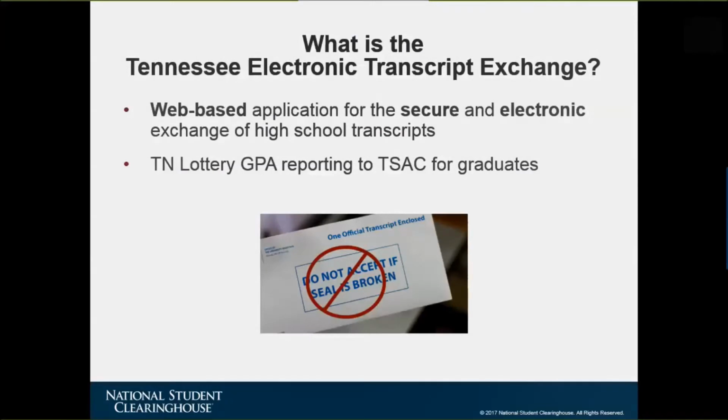So what is the Tennessee Electronic Transcript Exchange? Well, it's a web-based application for the secure and electronic exchange of high school transcripts. So beyond just sending transcripts from high school to high school within the state and also high school to post-secondary schools, which is really the root of what we're trying to get to here and provide to you,